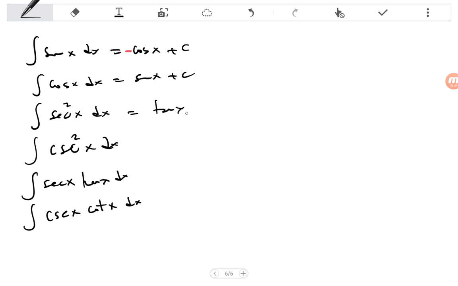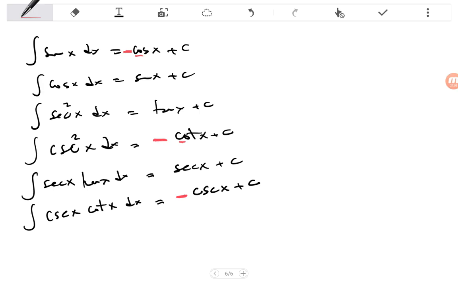That will be tan x. That will be negative cotan x. That will be sec x. That will be negative cosec x. Okay? Now, I just need to note that I had a negative value whenever